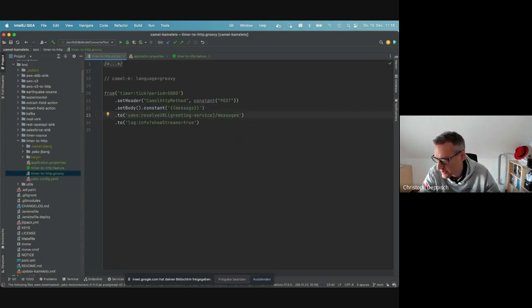So as YAKS is creating the service and knows which mode we are actually running, in local mode or in Kubernetes mode, YAKS can also resolve this URL for you. So depending on where we run the test now, it is using the localhost endpoint, or it uses the greeting service endpoint with the namespace when running in Kubernetes or in OpenShift. And another thing that you can do is to actually